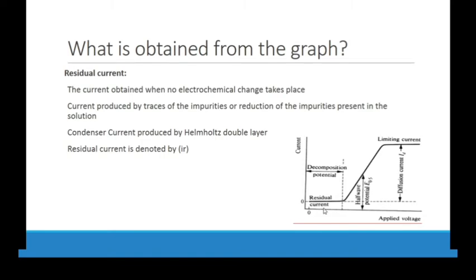So this is the sum of the reduction or movement of impurities and the double layer of supporting electrolyte. This is our residual current, which is shown here. So this is not our actual current. This current is actually impurities and the double layer of our supporting electrolyte, and it is denoted by IR.